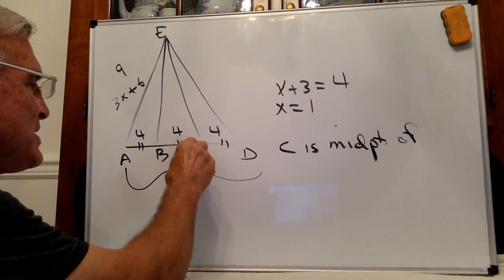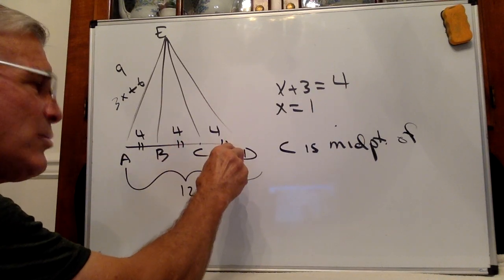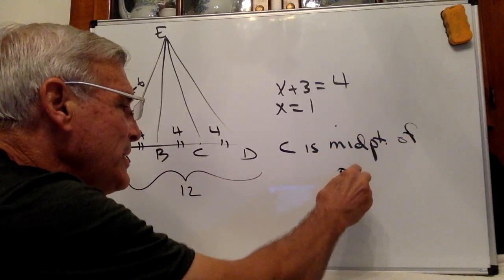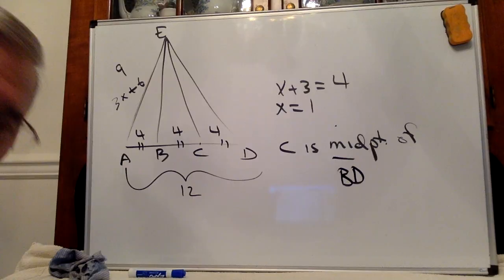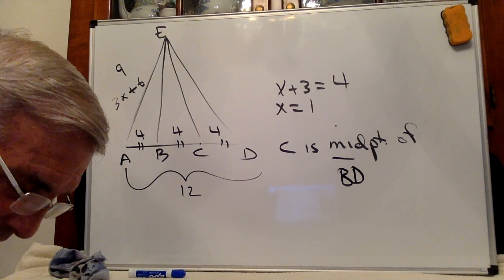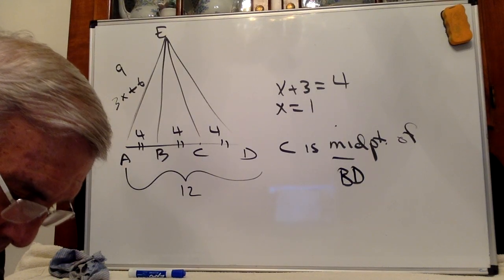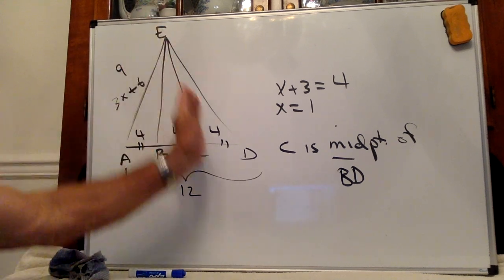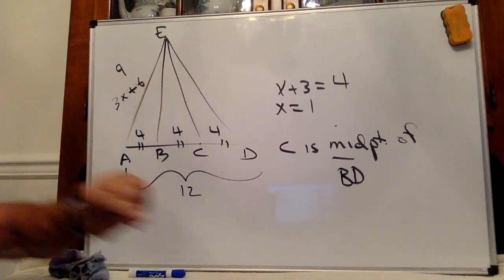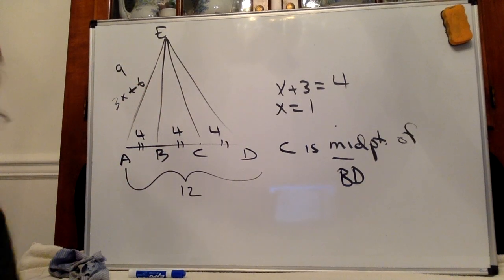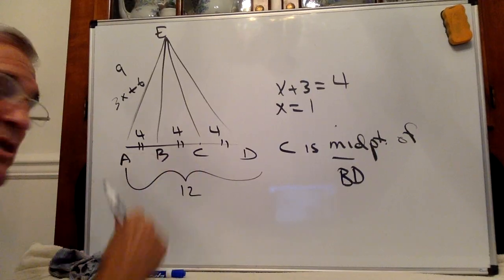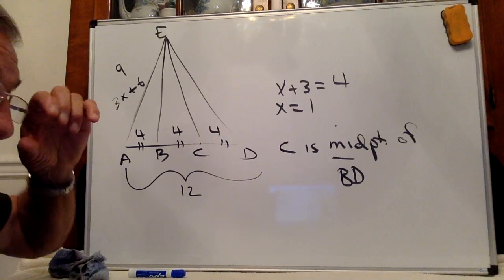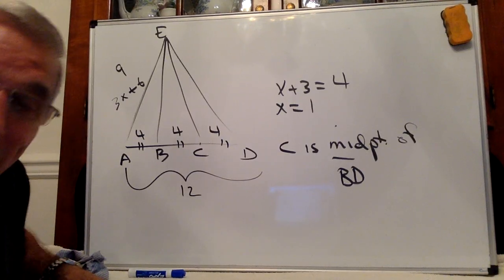Well, since BC and CD are equal, then C is the midpoint of segment BD. It cuts the segment BD in half. Do rays EB and EC trisect the angle? Well, these points cut the side in 3 equal parts, and I am going to venture a guess that a